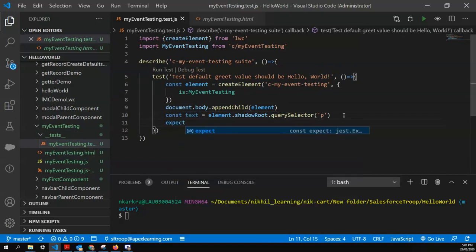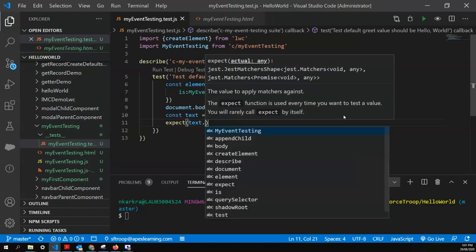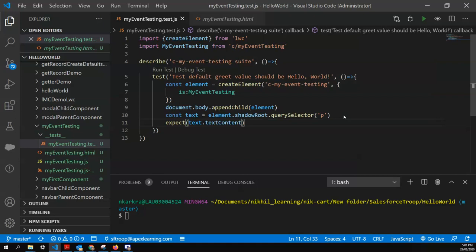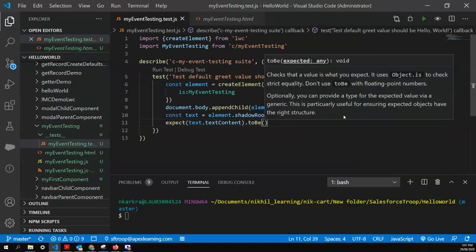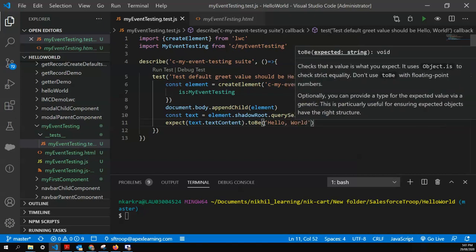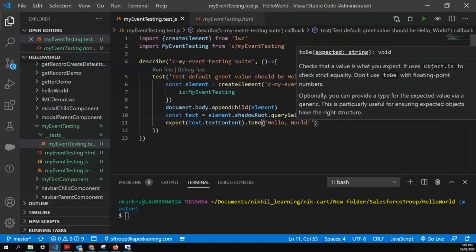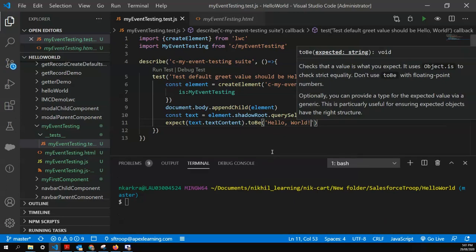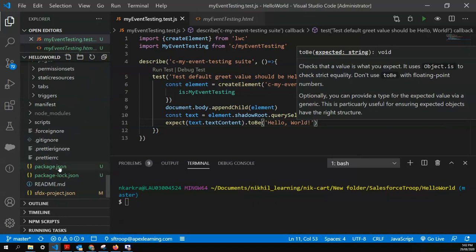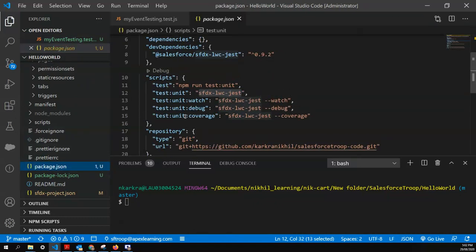I'll say I'm expecting the p tag text content to be, this is our matcher, so we are validating whatever text we are fetching from the p tag, it should be "Hello, World!" with the W capital, and the exclamation mark. So our first test case is ready, and I'll go to the package.json, and our scripts are already in place,